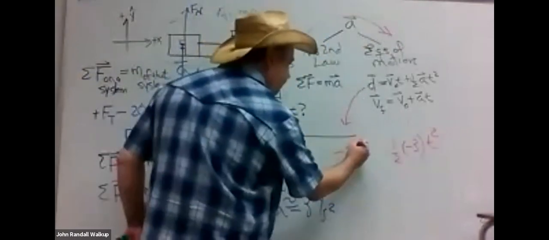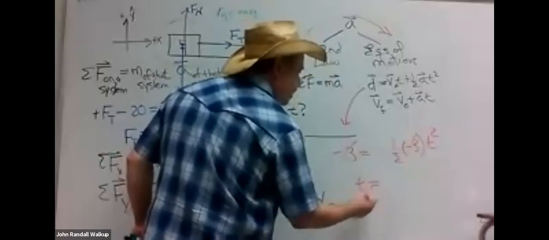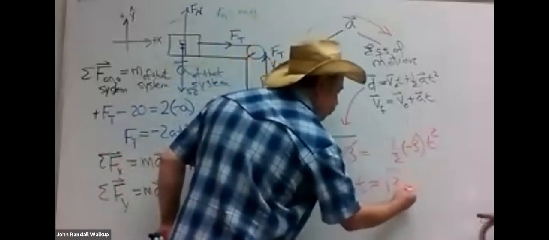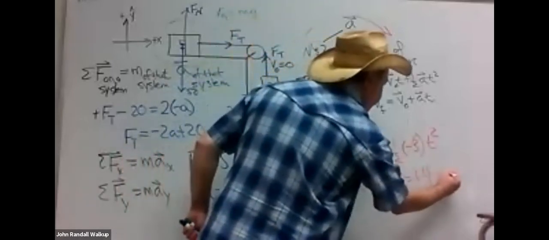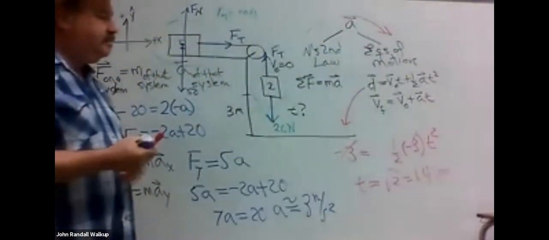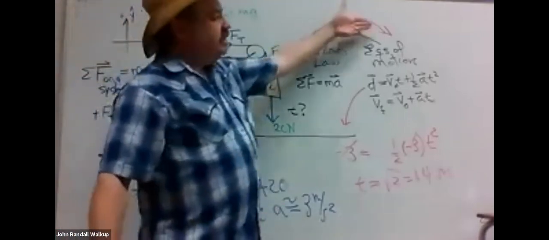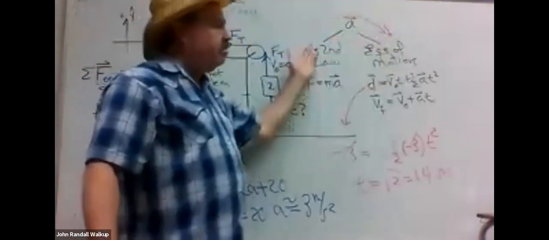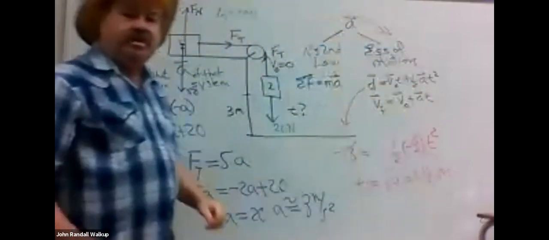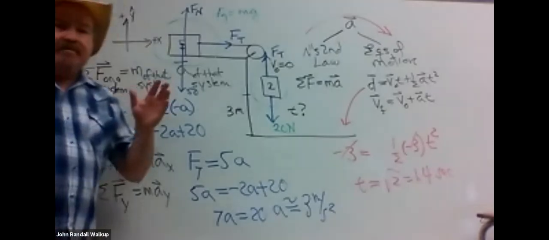The 3's cancel, the -3's cancel, and I get t is the square root of 2, 1.4 seconds. There it is. This thing here takes you from the start of the problem to the end of the problem. And it's systematic. Again, it's so important that you don't